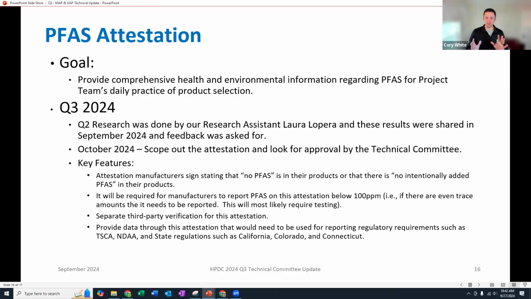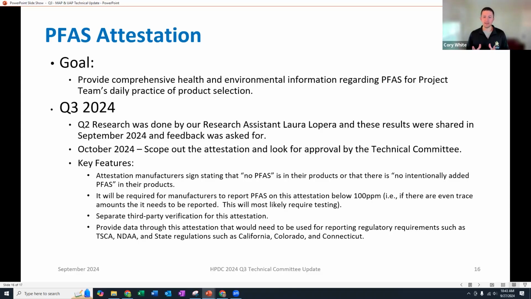So what we want to do is a few things. We want to be able to provide somewhat of a roadmap for manufacturers, best practices to follow. If you're doing this for the first time, it's going to be intimidating. It's going to be hard to do. So we want to be able to do that. We want to be able to provide, hey, if you do find PFAS, what do you do then? We want to provide those best practices, as well as a way for you to report PFAS, or not using any PFAS in your products.